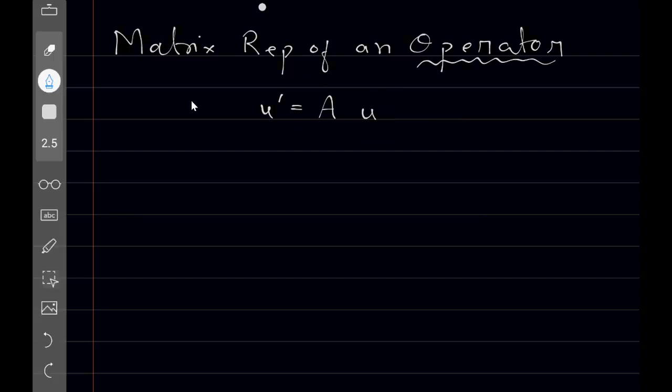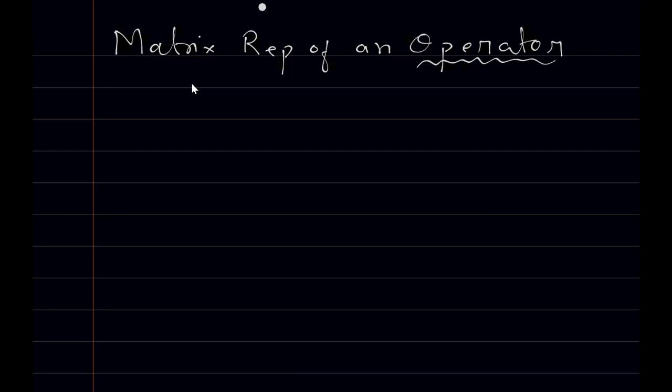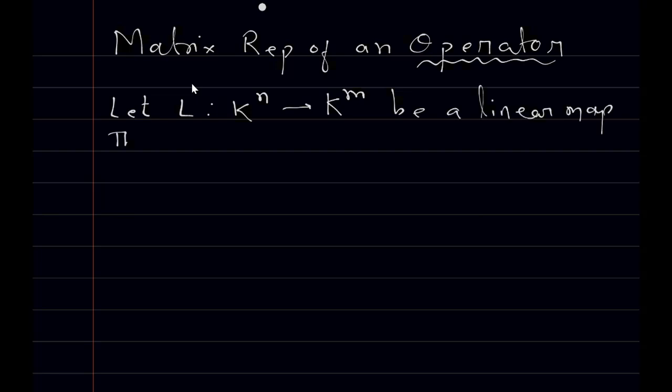So now let's do it in a more mathematical way. Let L be an operator or a map that takes you from an n-dimensional vector space to an m-dimensional vector space. So let L from Kn to Km be a linear map. Okay, then there exists a unique matrix A such that,